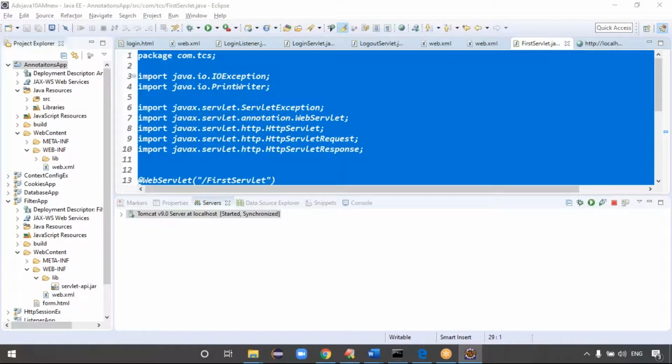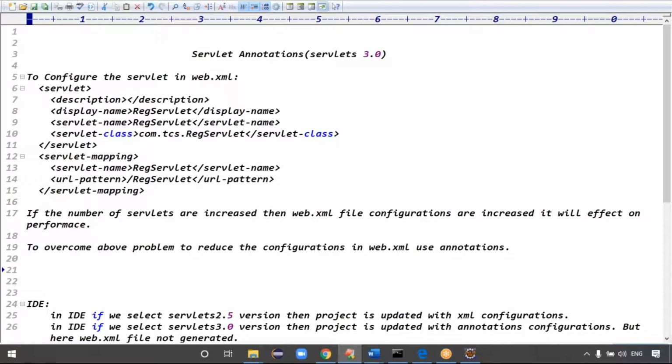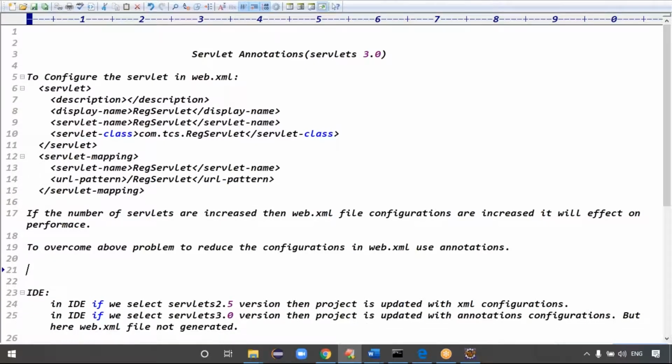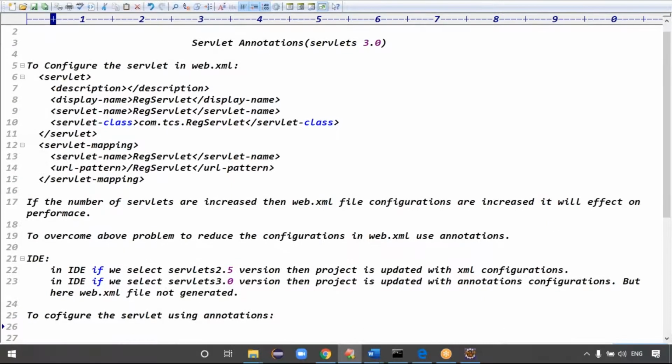So this much configuration is needed in the web.xml file, guys. This is the code we have to write there to configure the servlet in web.xml. So to overcome the problem, use the annotation, right? Exactly. Guys, to configure the servlet using annotations, only @WebServlet is required. You can give the URL pattern here.